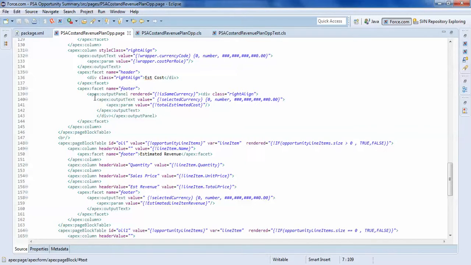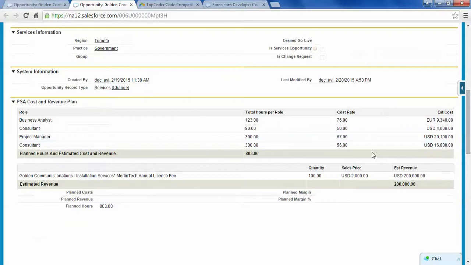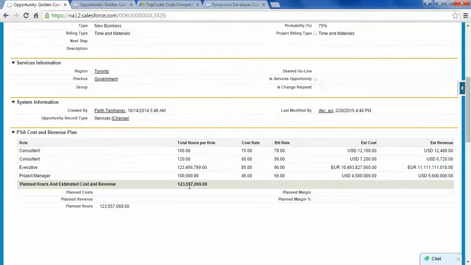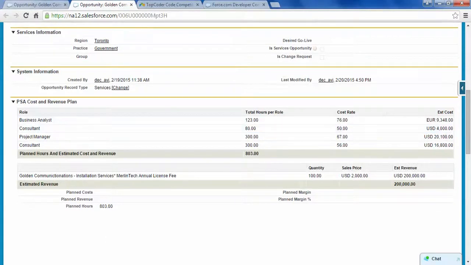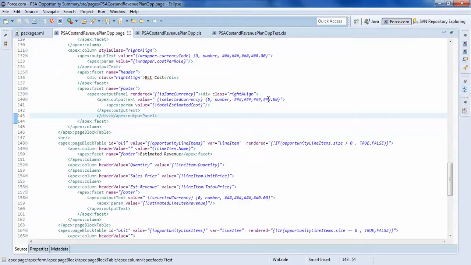So in this output text, I am formatting it with zeros and these things, and then I am passing one param with whatever the value is coming from the controller. So that's how it is getting the comma separated values like this and like this. So you can see it's comma separated, and you should see two zeros everywhere. The two zeros are coming from this formatting, and these are for putting the commas after things.